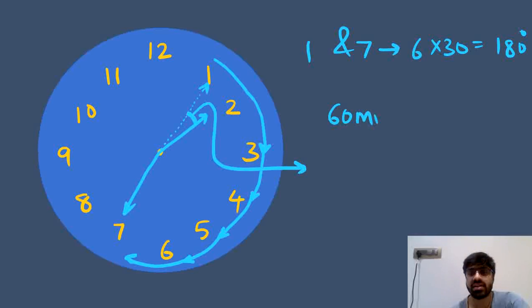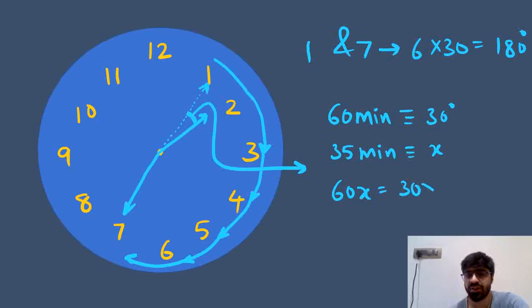In 60 minutes, that is in 1 hour, the hour hand is travelling 30 degrees. So in 35 minutes, how much will the hour hand travel? You can take that angle as x, just cross multiply, so you have 60x equal to 30 into 35. You can take that 60 in the denominator right here. So you have 30 cancelling of 60, you are having a 2 in the denominator, and x will be equal to 17.5. So in 35 minutes, the angle traveled will be 17.5 degrees, and that 17.5 we will subtract from